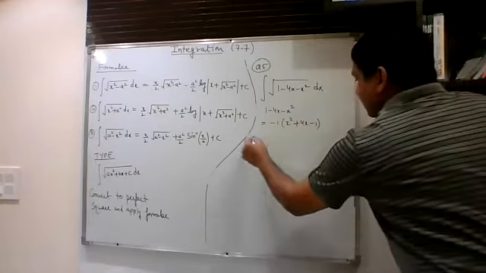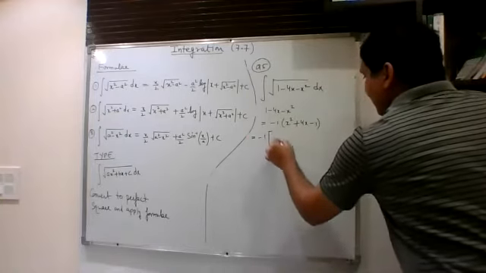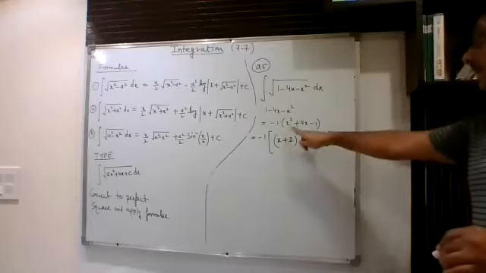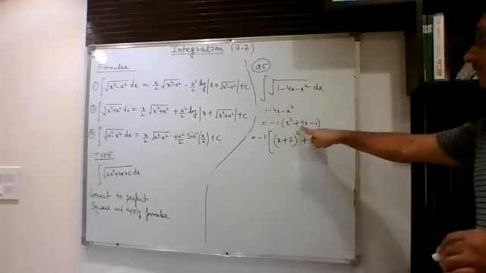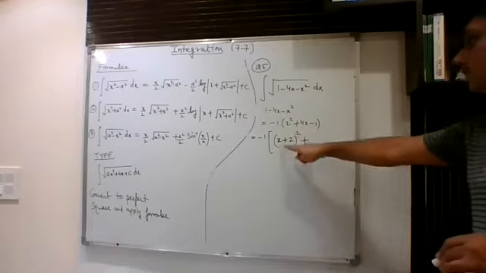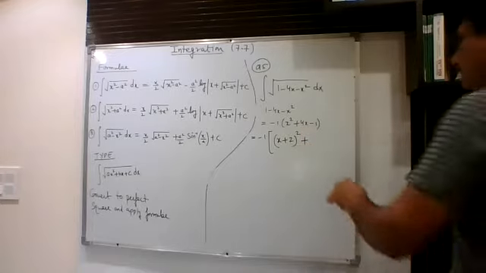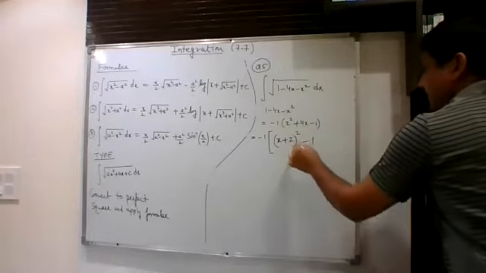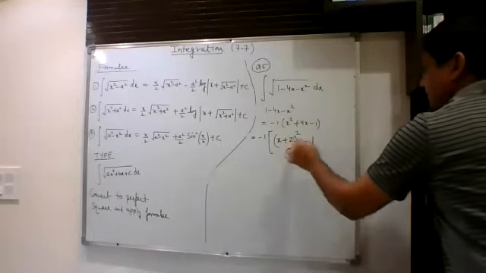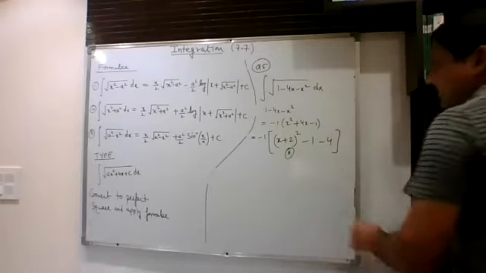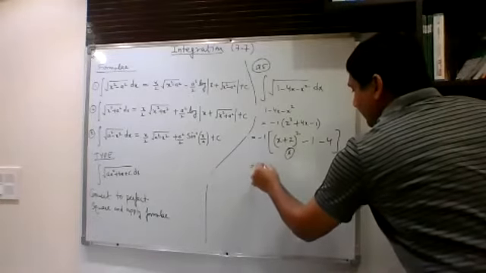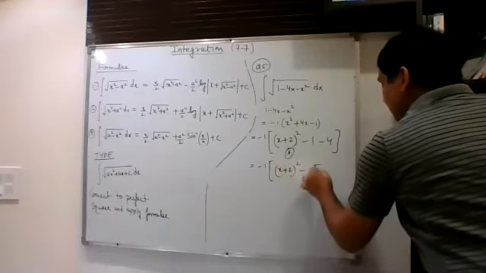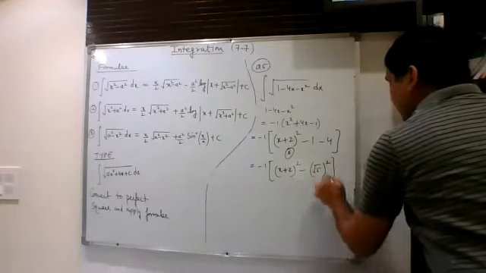Now let us apply that procedure of perfect squaring. So this will be x plus 2 whole square, where we take half the coefficient of this 4. Half of 4 is 2. So x plus 2 whole square. Then write down this constant term as it is, minus 1, and square this 2 and subtract. So this is what we can do. So further I can write this as x plus 2 whole square minus 5 square.